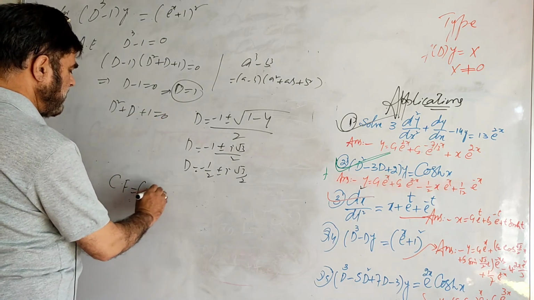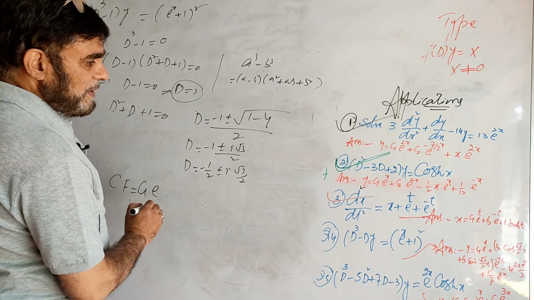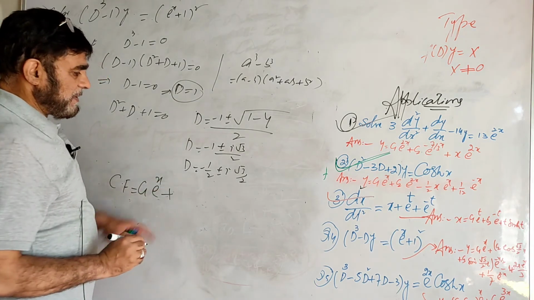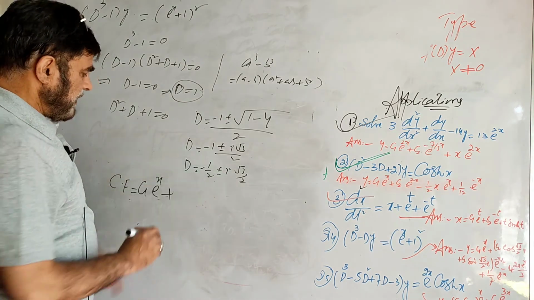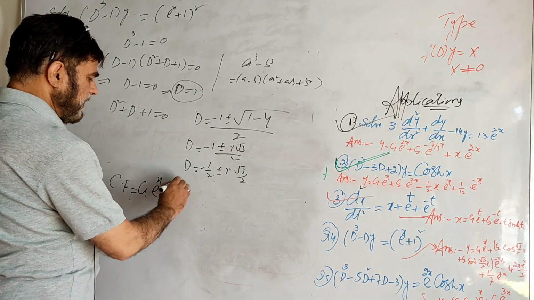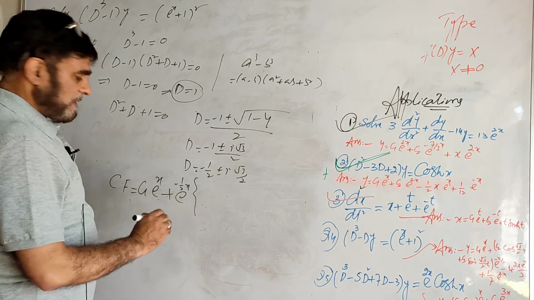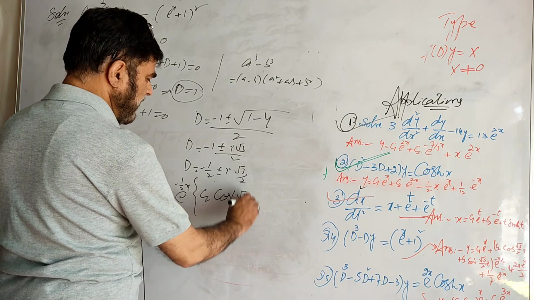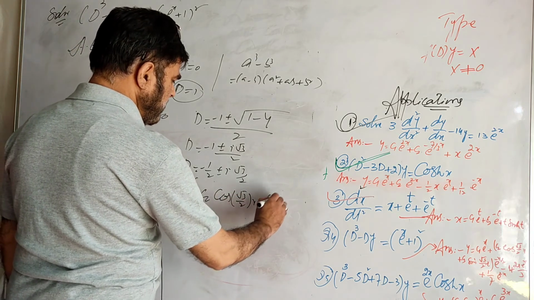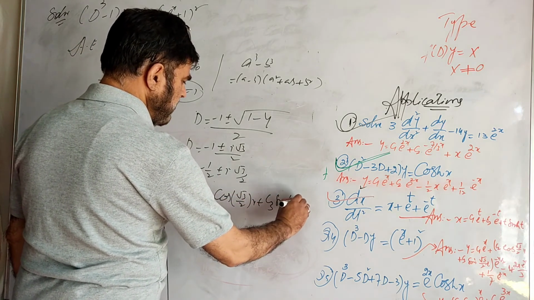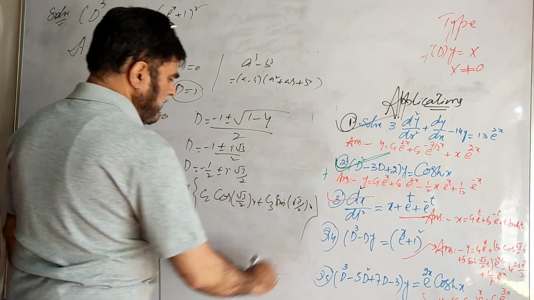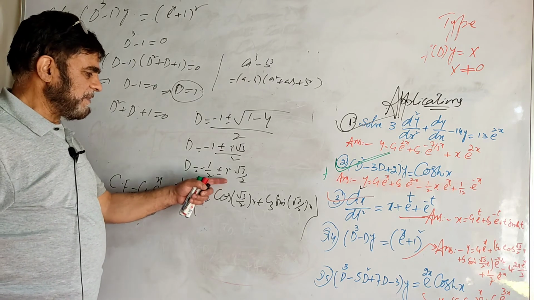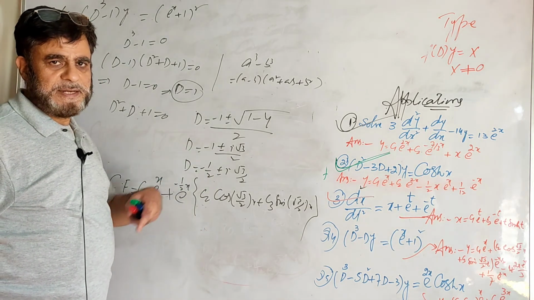It is c1 e raised to power x, then plus, it is a complex root, e raised to power real part of x, minus 1 by 2x. Remember complex, it is c2 cos of the imaginary part root 3 by 2x plus c3 sine of root 3 by 2x. If anyone has this difficulty in writing out the complementary function for the complex roots, please switch back